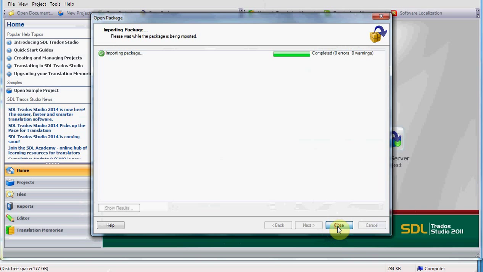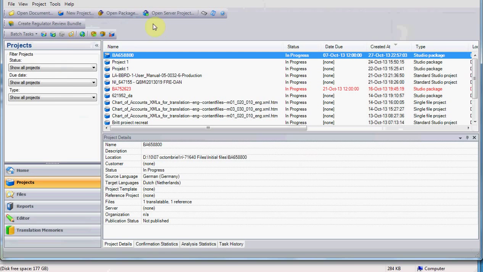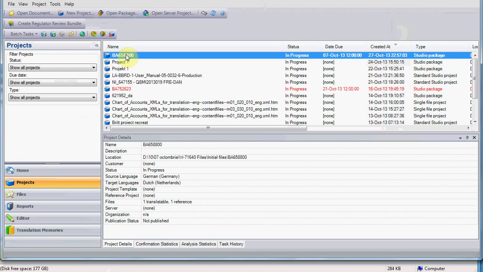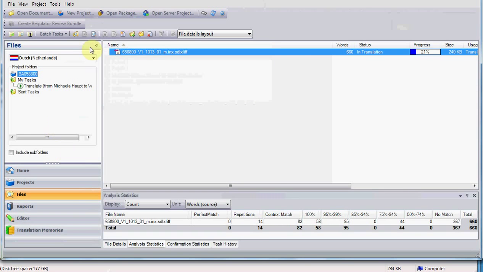After this, if Studio won't jump itself, you go on the tab Project and be absolutely sure that your file is not only selected but also bold. Because if it is not bold, you are not at that project but on a different one. So for being sure it is bold and you are going to open and use the file, you double click on it and then you go to Files and check here the language. You might have more target languages in the same package, and be sure you select the language you translate to,